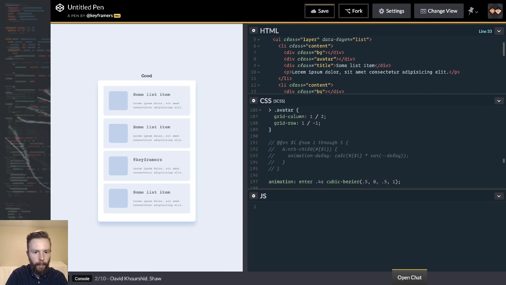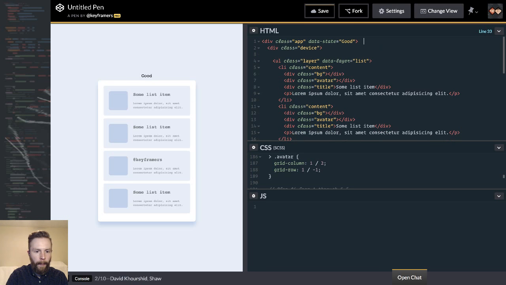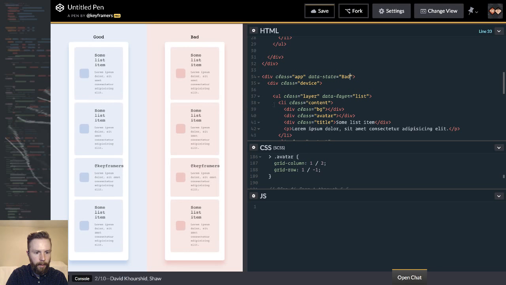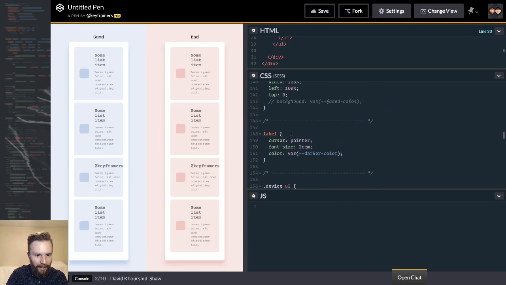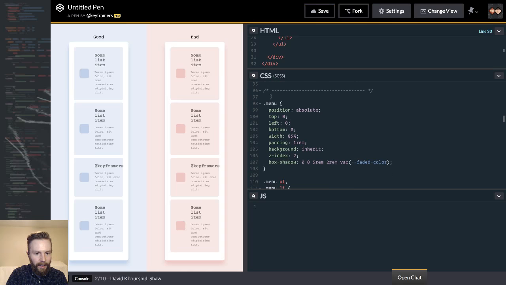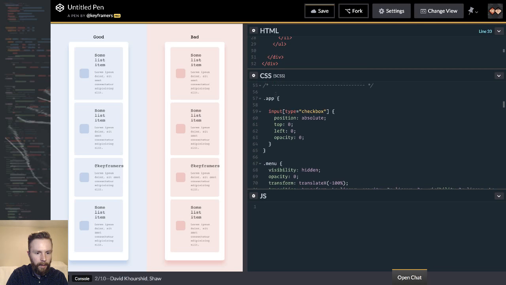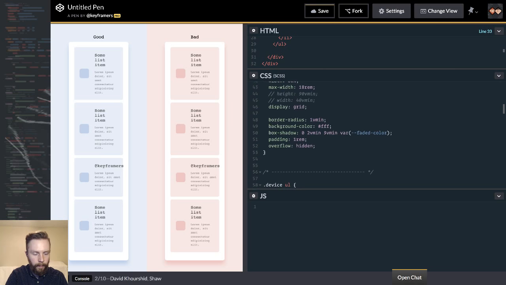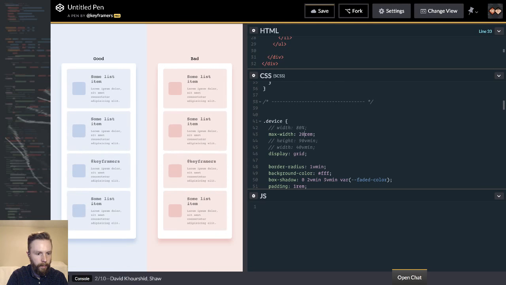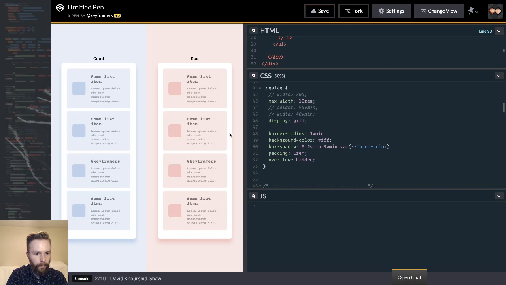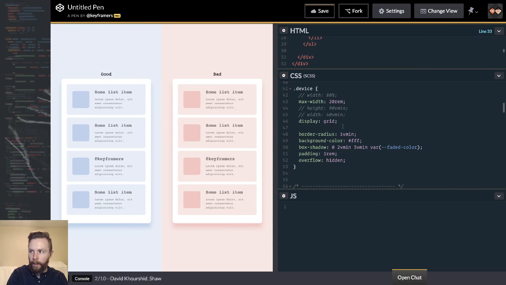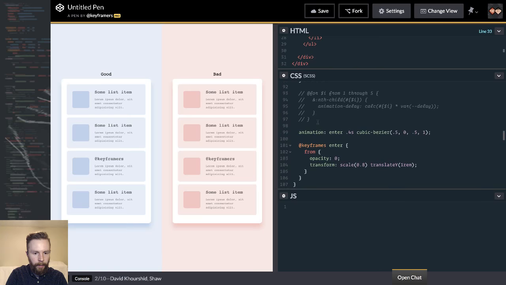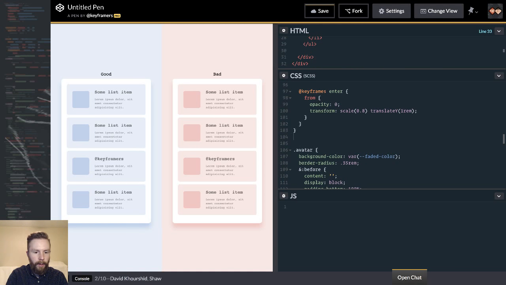Okay, we've got our bad setup here. Let's go ahead and copy, do bad on the right. Oh geez. Get rid of our menu styles because we don't need those. Okay. All right, our enter animation, and then let's do some good